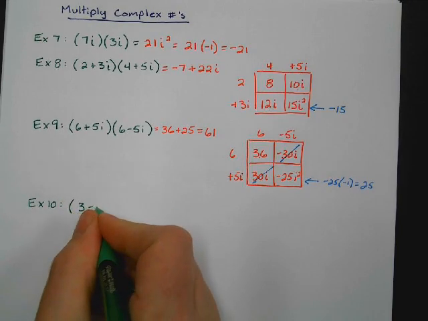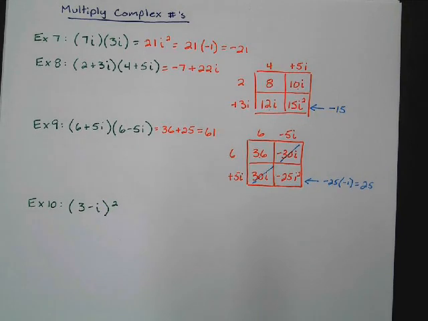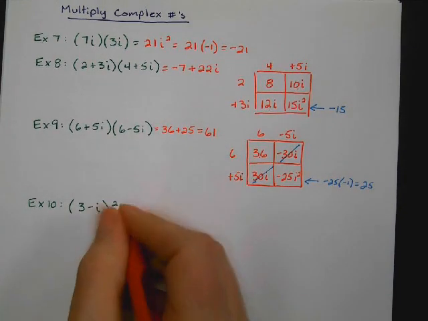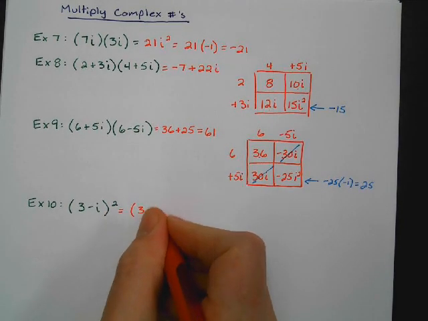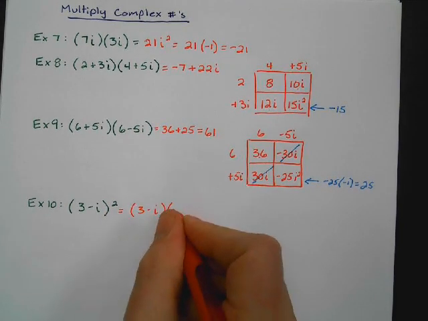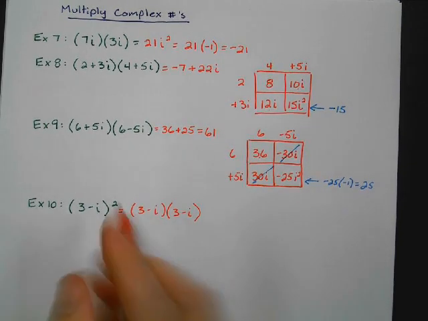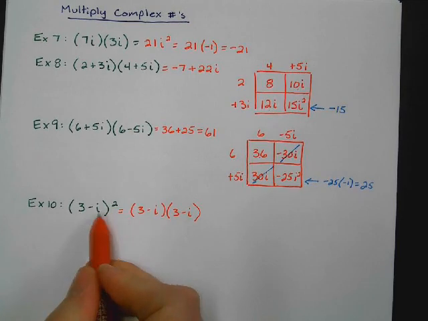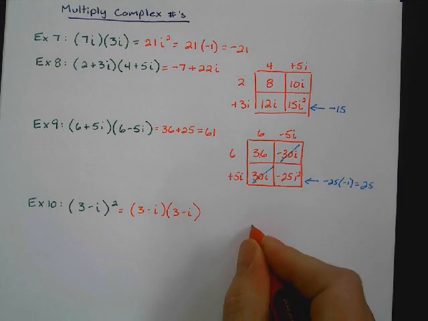3 minus i squared. All right, we know that 3 minus i squared can be turned into 3 minus i times 3 minus i. And then you can just do the Punnett square from there. You cannot just square the 3 and square the negative i. It does not work like that. So if I set this up,